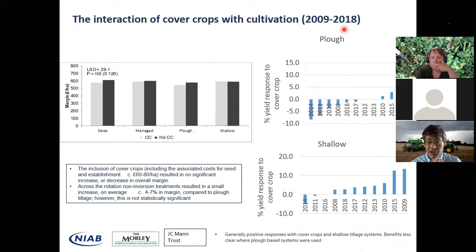And these charts here just illustrate the point that with a plough-based system, because we're using a brassica cover crop, that we're typically looking at biocultivation, we don't necessarily see so much yield response. So this is just a percentage yield response over a standard rotation. We don't really see many positive responses in a plough-based cultivation approach. Where we use a shallow non-inversion system, you can see there much more of a trend to a positive response, because basically you're allowing that plant material to do the work of a piece of metal. So there are benefits, as I say, in terms of soil structuring from cover crops.